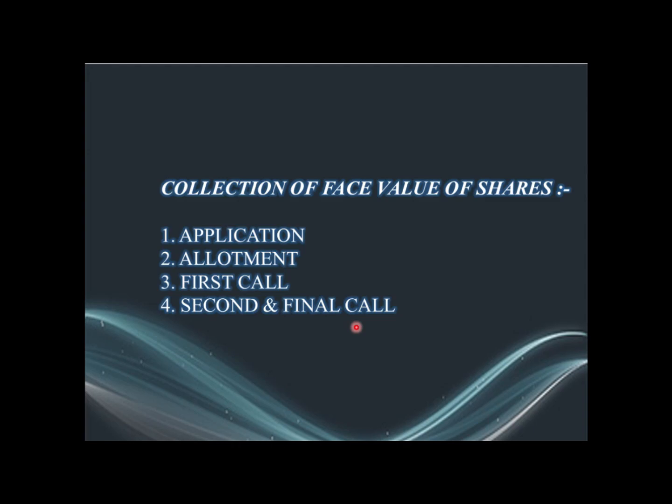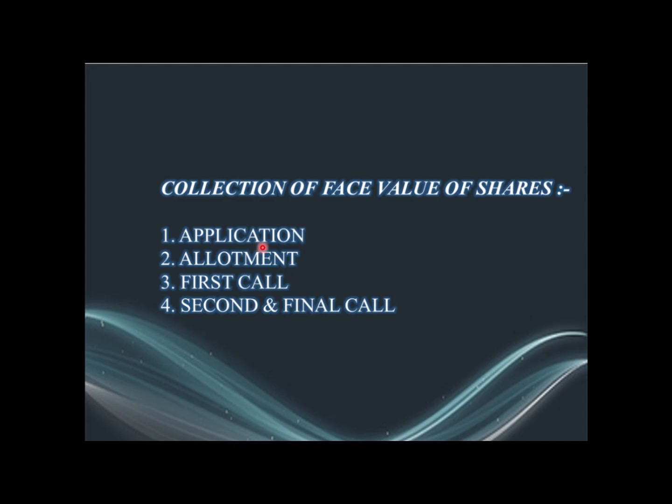In every stage, there are 2 journal entries. In case of application, in the first entry, share application account is credited. In the second entry, share application account is debited and the amount of share application account in both the entries